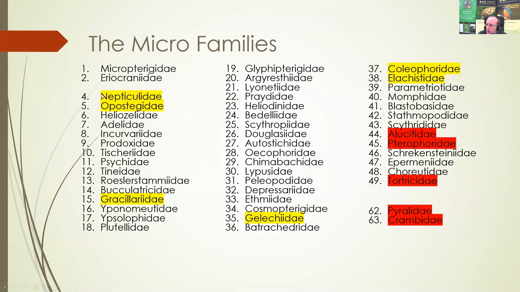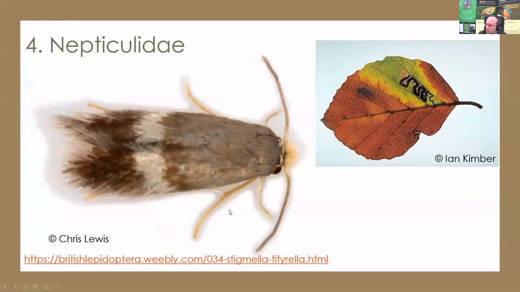I've lumped the Nepticulids and the Opostegidae together because they do share some characters. Now, these are very, very, very small moths. These are the smallest of the British moths. I would generally say that if you get one of these in your moth trap, you may not notice it. If you do notice it, you're probably better off just forgetting that you saw it, because it's generally far, far, far easier to recognize them as leaf miners, and leaf miners are definitely the key as far as these very, very small moths are concerned. It's about 100 of them, and they have